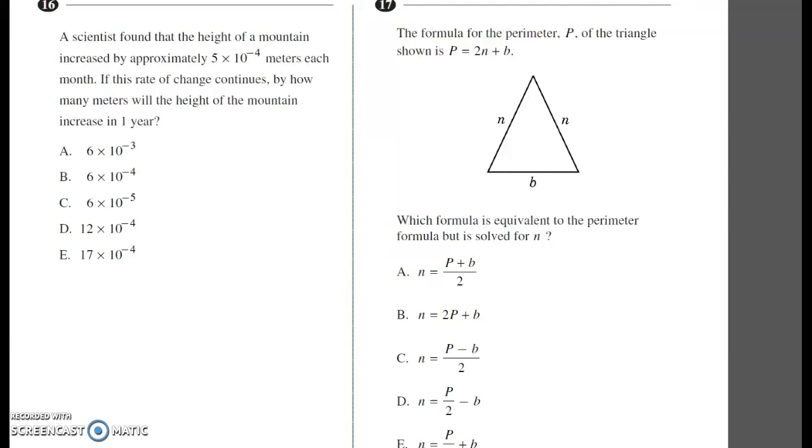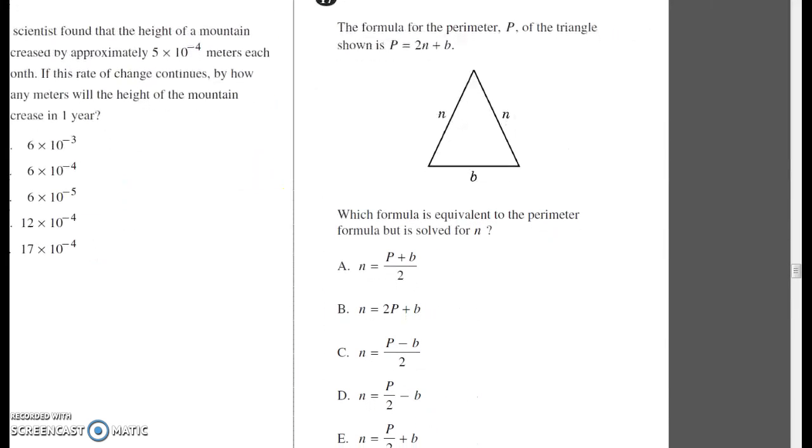Okay, today we're going over the HiSet free practice math test, FPT-6A, and we're almost finished. We're on problem number 17. This is a question about the perimeter of a triangle, but honestly, you don't really have to know a lot